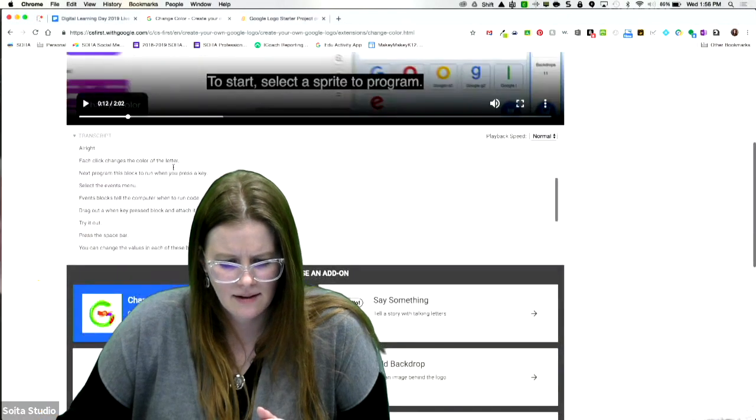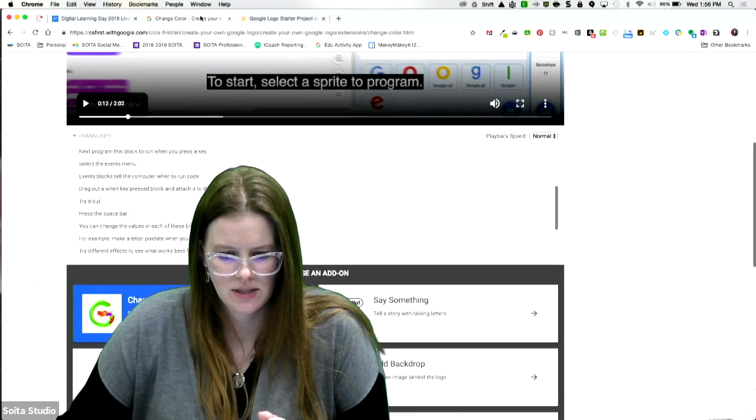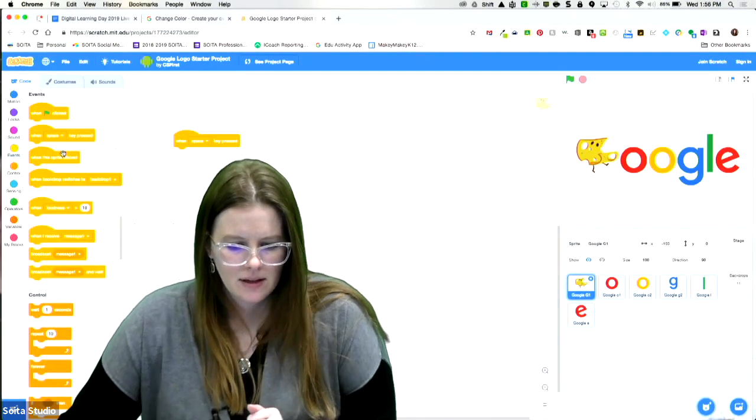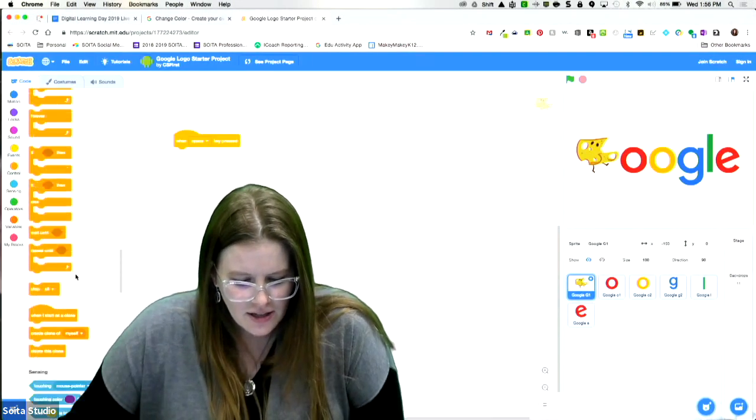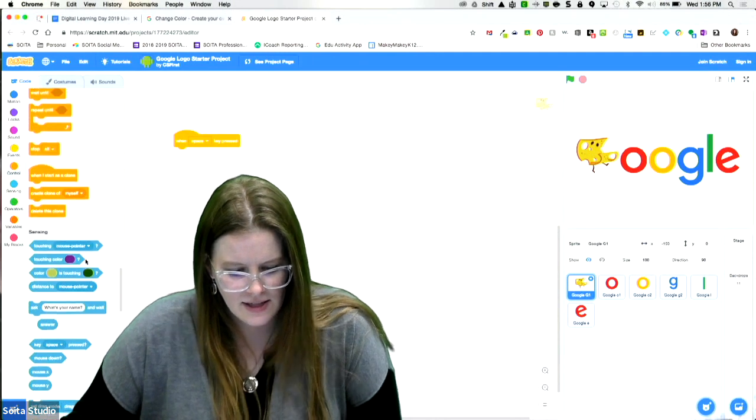Did she say? When key press, attach it to the change effect. Okay, press spacebar. Okay, I did not see the change color. There it is down here. Okay,